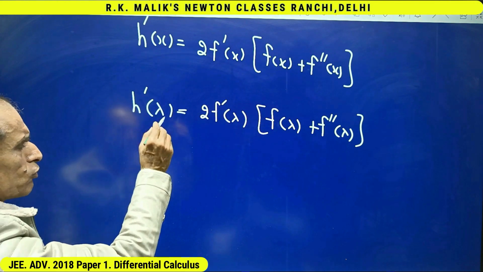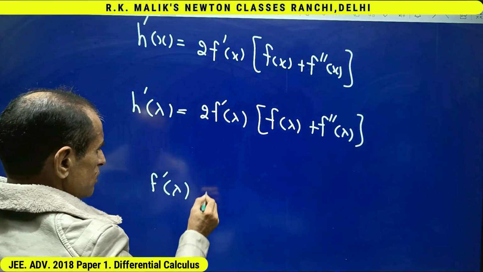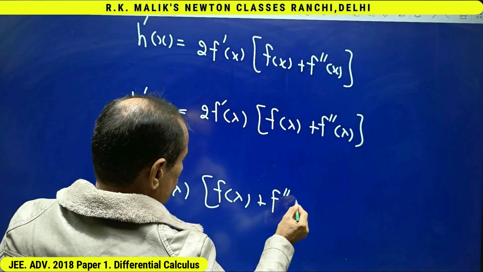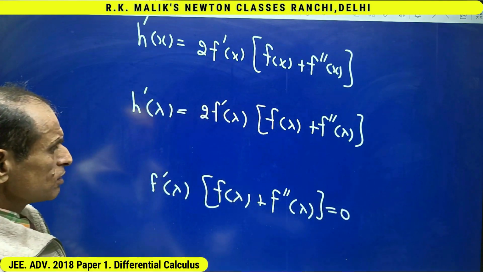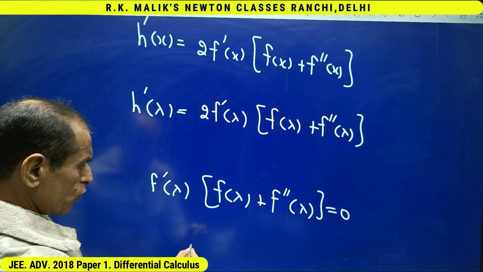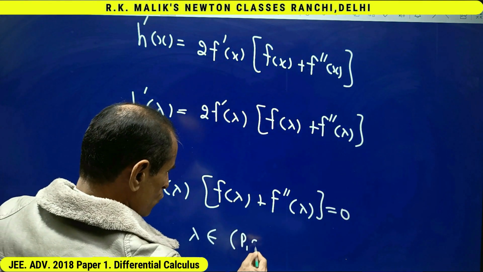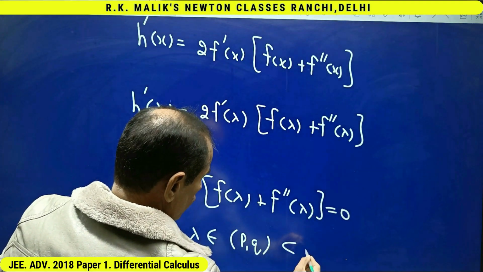And h dash lambda equal to 0 means f dash lambda into f lambda plus f double dash lambda equal to 0, and the value of lambda according to Rolle's theorem belongs to the open interval P to Q, and this is a subset of